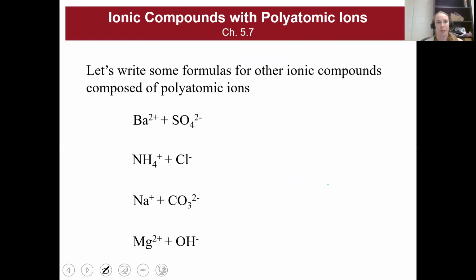All right, let's practice. So you guys can pause it here and practice on your own if you'd like, but I'm just going to go through the answers real quick. Hopefully you got them. So barium is in group 2, so it's got a 2+ charge. Sulfate, one of our polyatomic ions, has a -2 charge. So we got barium and we got sulfate,